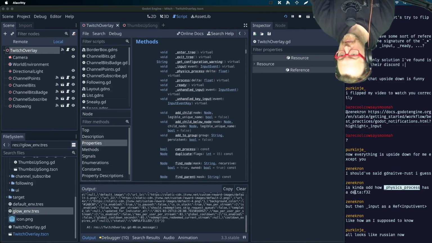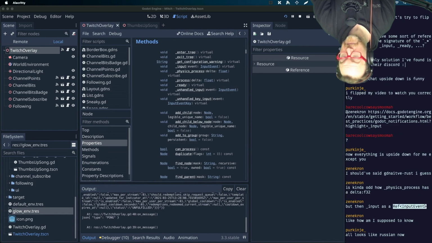Yeah, delta f32, then input, Ref, InputEvent. Because this has to do with whether or not the resource is reference counted. Anything that's basically a pointer, you're going to see inside of a Ref, and Ref kind of hides whether or not it's reference counted or not. So I would say that base types like f32,